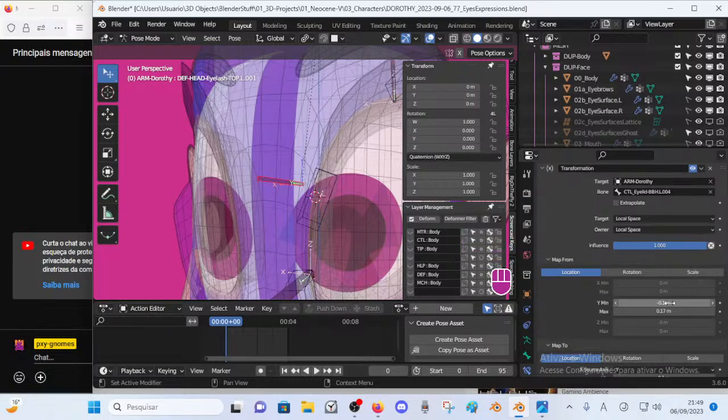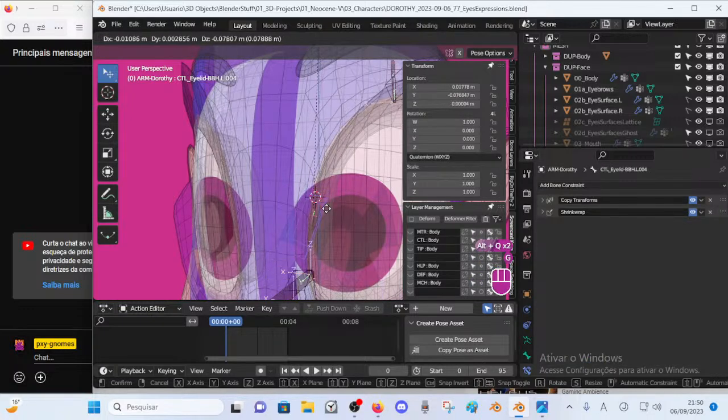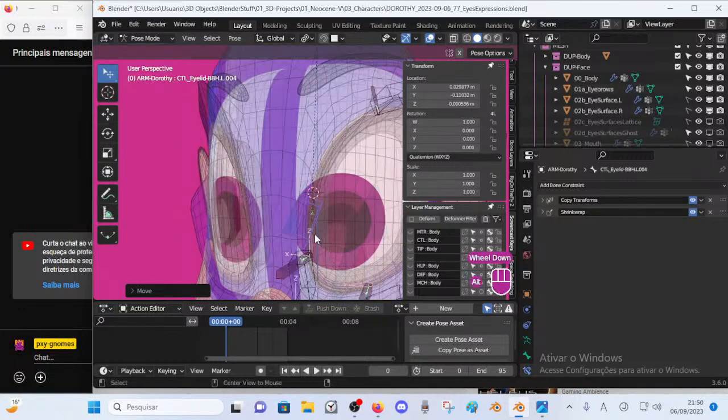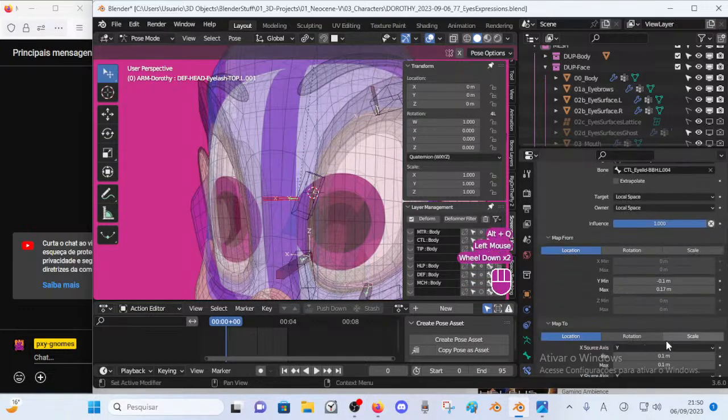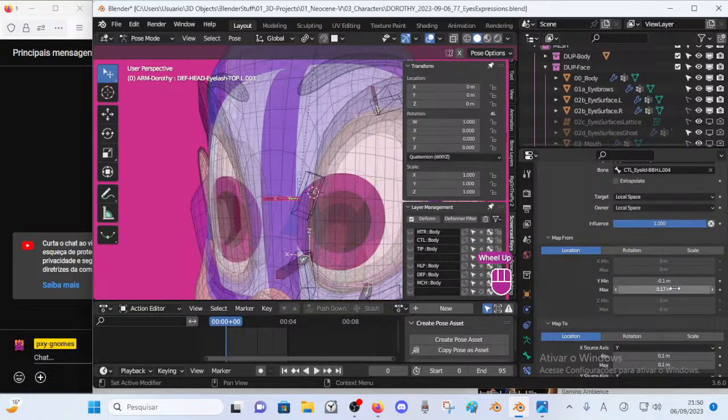I've mapped where it is negative 0.1 for the y, minus y for this bone. Well, it would be somewhere like here, right? So I map this value and then I input that there.